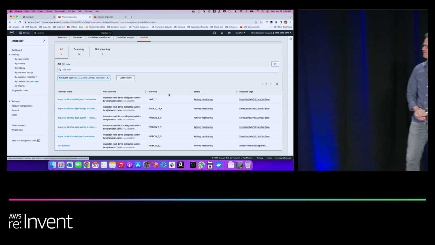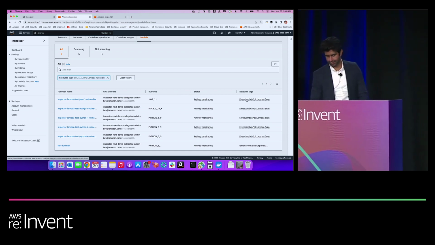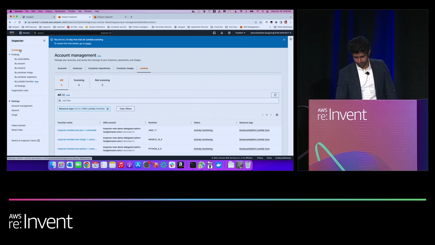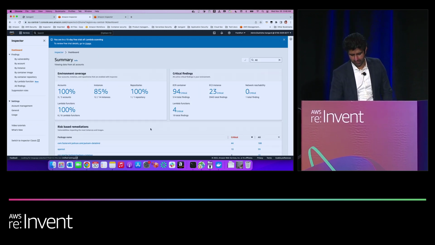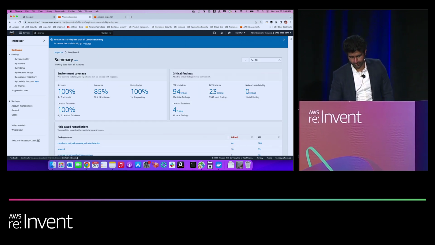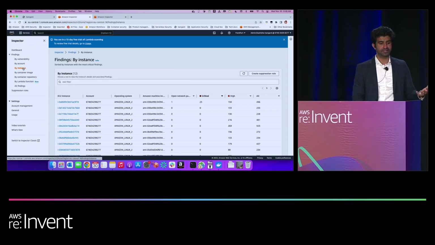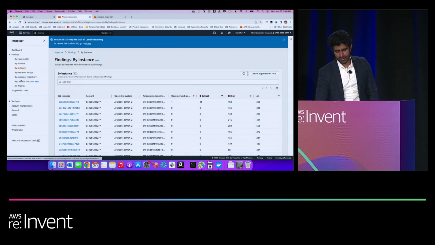And similarly, for Lambda functions, you can see the resource tags, whether it is actively monitored, the runtimes, and so forth. Before I deploy a Lambda function, I do want to show you one of the unique things that we do with network reachability scans first. In parallel to